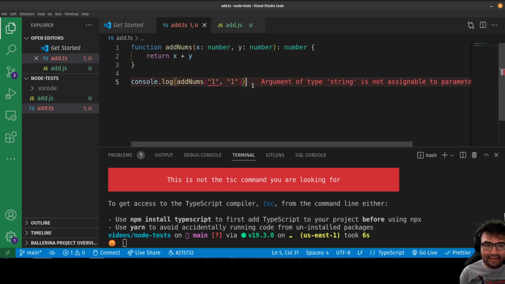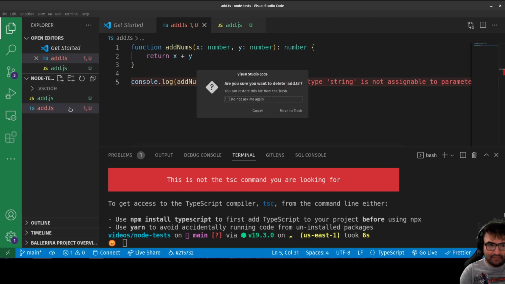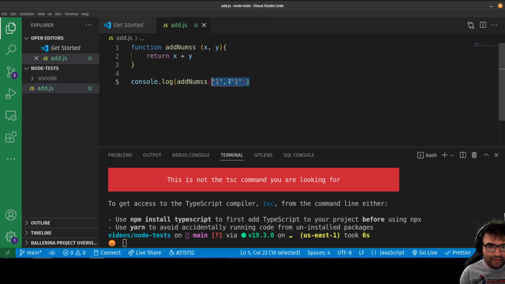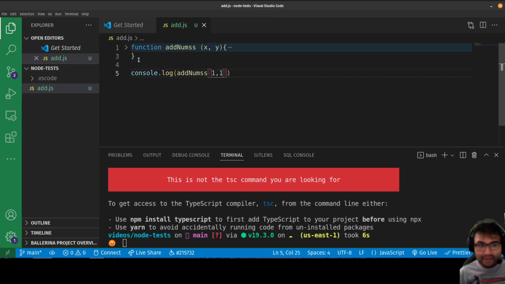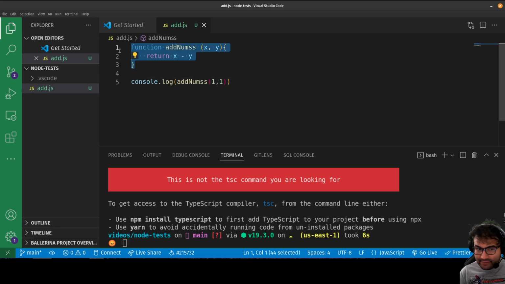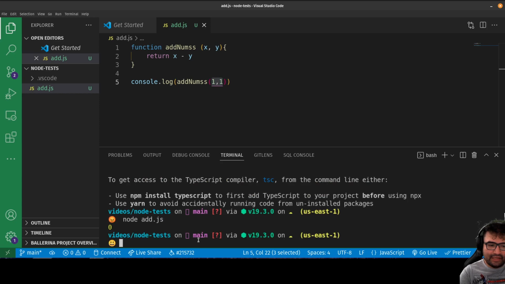Okay, but what if I did this? Let's just get rid of the TypeScript file for now. What if this is my problem? So now I do 1, 1. The function syntax is fine. This is proper JavaScript, so it's not a syntax error. Technically I'm giving it the right type of data, so it's receiving numbers, and it'll return a number. But go to Node.js, I get 0,